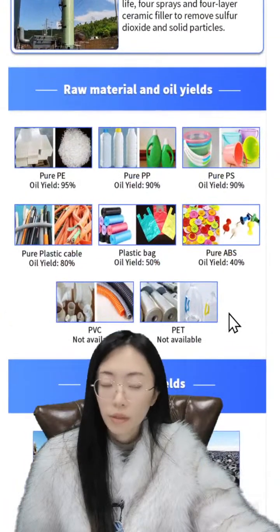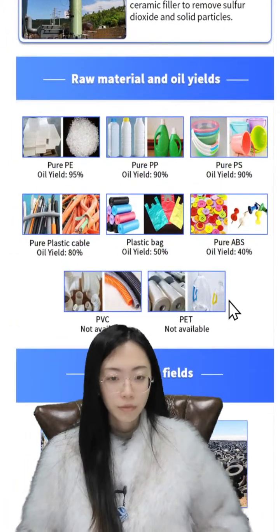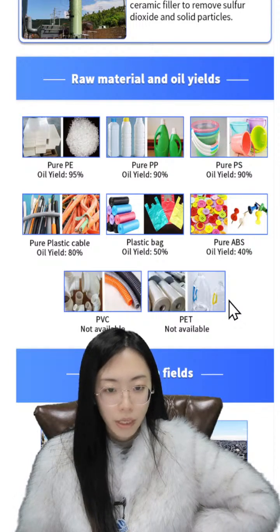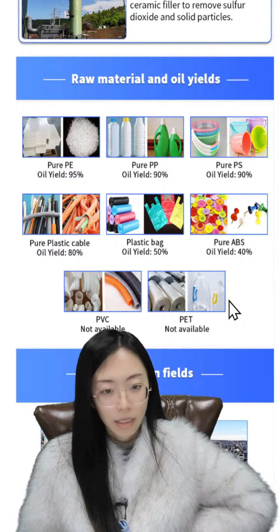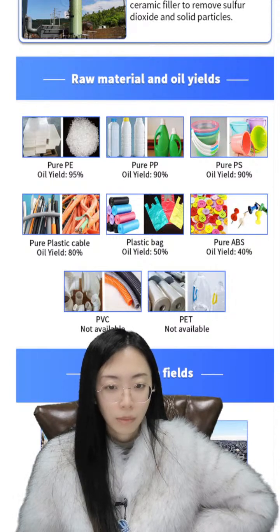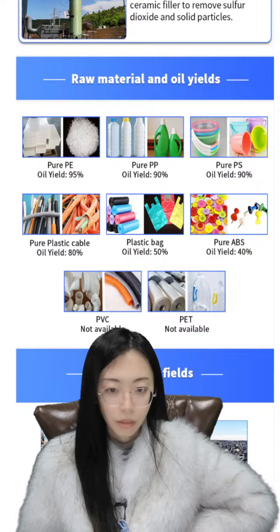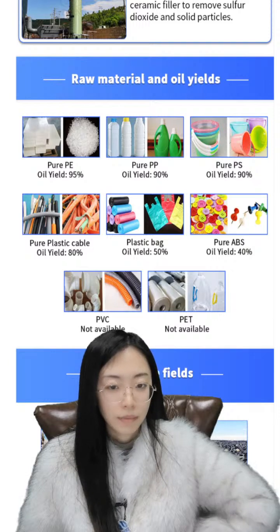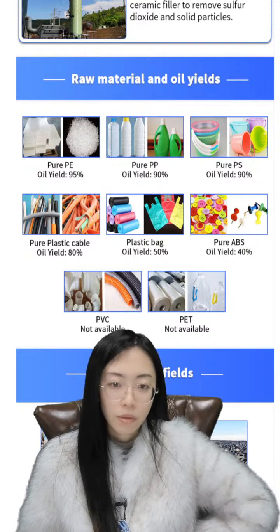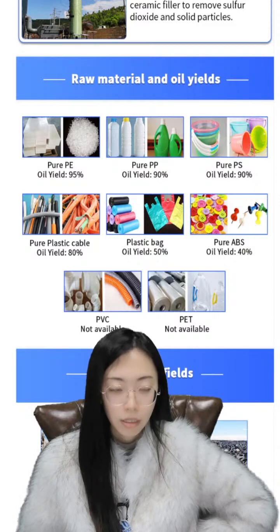And the raw material and oil yield, just like I said before, if you get household waste, most of it is plastic and rubber. If you get pure PP, PS, ABS, they have different oil yields, almost all very high, like PP and PS can reach 90%, and ABS 40%. If you get pure plastic cobble, almost 80%, plastic bag 50%, and our customer may also have some paper mill waste. If you get the dry one, our route can reach 90%,